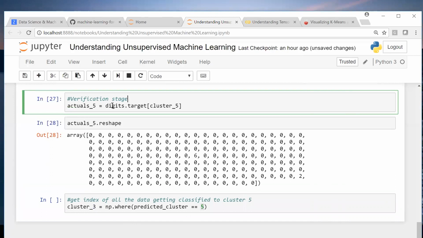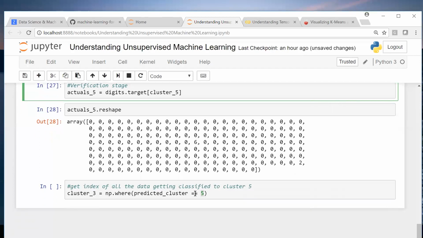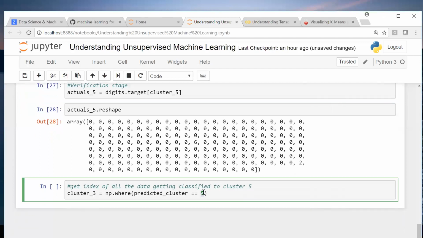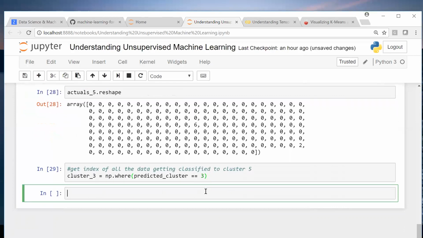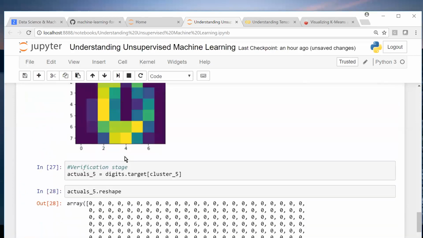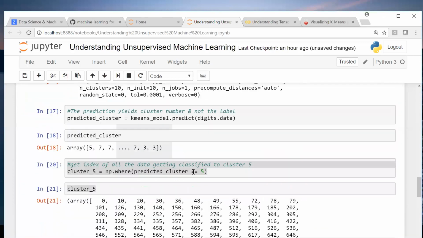Okay, so we are just seeing whatever is the content. Since we know a few of them, or in this case we know all of them, we are seeing that all of them are 0 except for these 2. That means anything which gets into this cluster means they are 0. Similarly, if you want to do it for 3, so this is cluster 3, isn't it? Now I want the index numbers of all cluster 3.